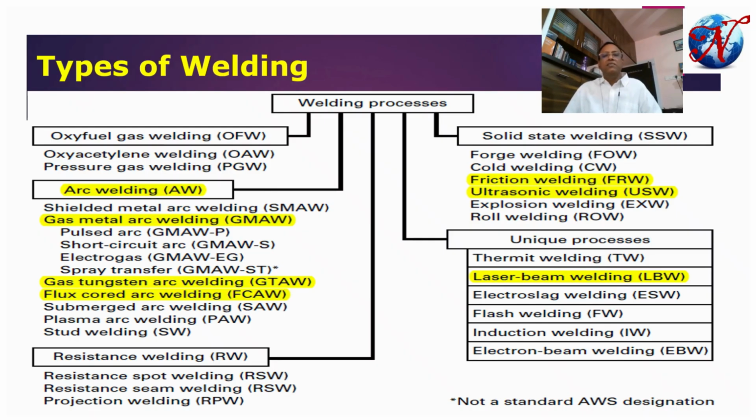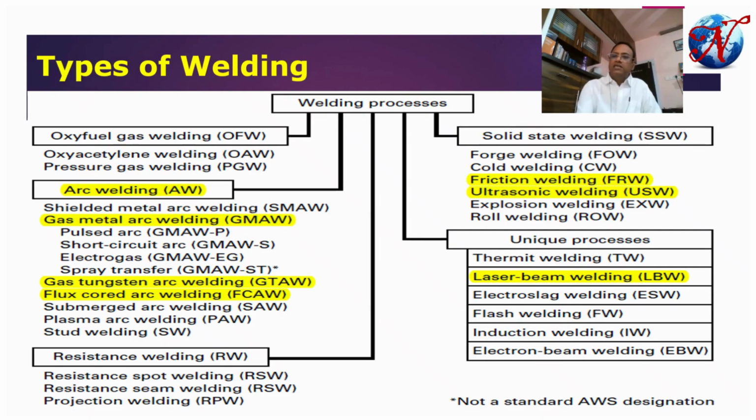And there are different types of arc welding processes, like SMAW, shielded metal arc welding, GMAW, gas metal arc welding, pulsed arc welding, short circuit arc welding, gas tungsten arc welding, flux cored arc welding, and submerged arc welding. Basically, the industrial requirement is very popular with five welding processes, and we will elaborately learn all the parameters and associated controlling of the equipment and process for SMAW, GTAW, GMAW, FCAW and SAW